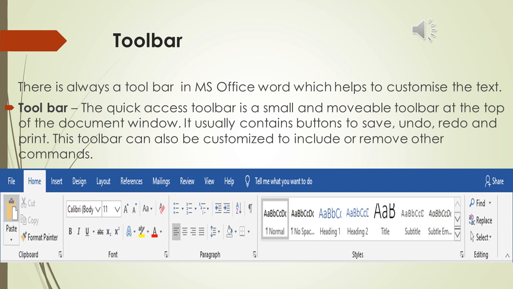The next group is about the paragraph, how we can line up the paragraph in straight line, or how can we align them. The next we see the styles, how the style of the word, the capital word, etc., the headings, it will be seen here. And lastly we can see the find, replace, select and editing option.